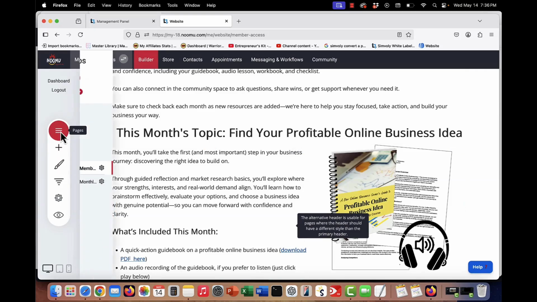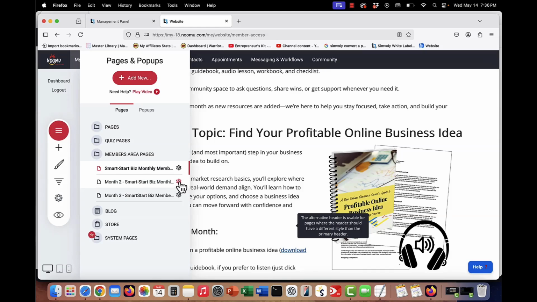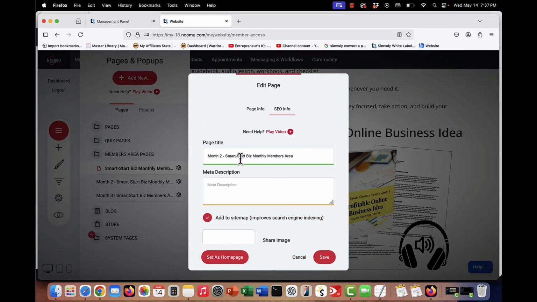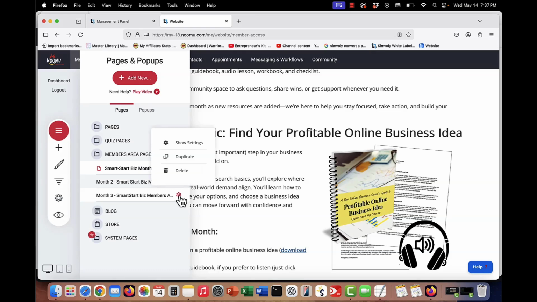Okay, I need to turn the protection off on this. So on month 2 and month 3, we did not put it to the members because that would be shown to them. It says public, and you can actually turn it off from the sitemap so it's not showing. But